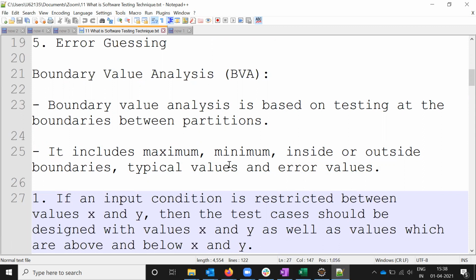Between these, you divide it into two parts, a minimum and a maximum, and you verify them. That is the boundary. We test values like the maximum 10, with one lower and one upper value. If the minimum value is 1, then 0 is the lower and 2 is the upper. Like that, we verify those values.